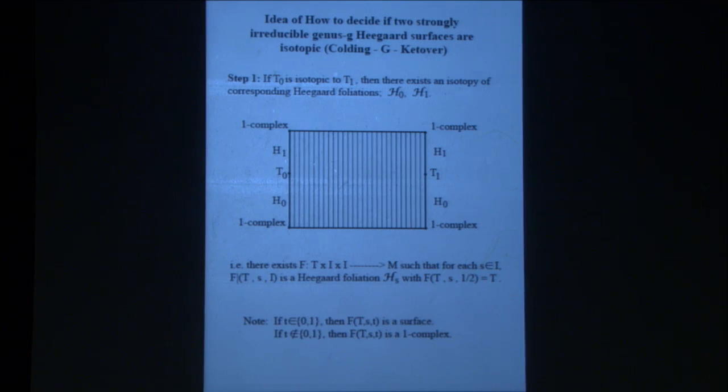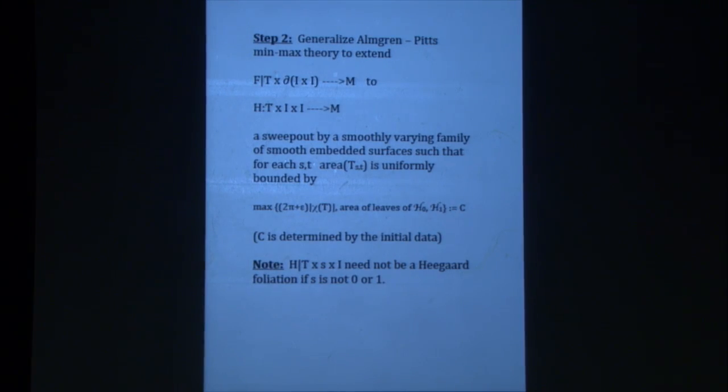What we want to do is pull out all this stuff in the middle and put in a new system of surfaces. This H is a map from surface cross I into M. It's called a 2-parameter sweepout, and it has the same restricted boundary behavior, but